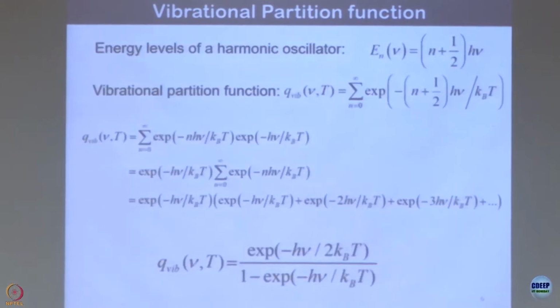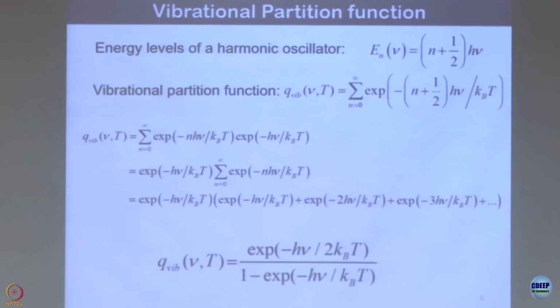Okay. The way I go about it is I solve the quantum problem, Schrodinger equation, and this is the energy levels. This part all of you have done many times. Okay. And then vibrational partition function, this is just the sum over these things, with sum n from 0 to infinity, that is a big difference. Okay. If n equal to 0 to infinity, then this quantity